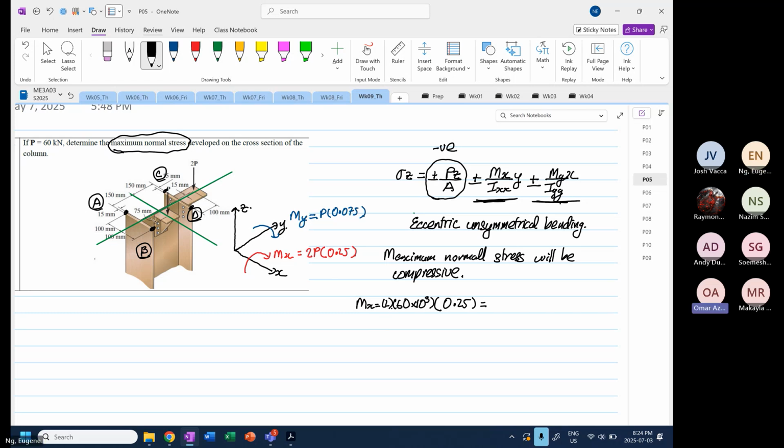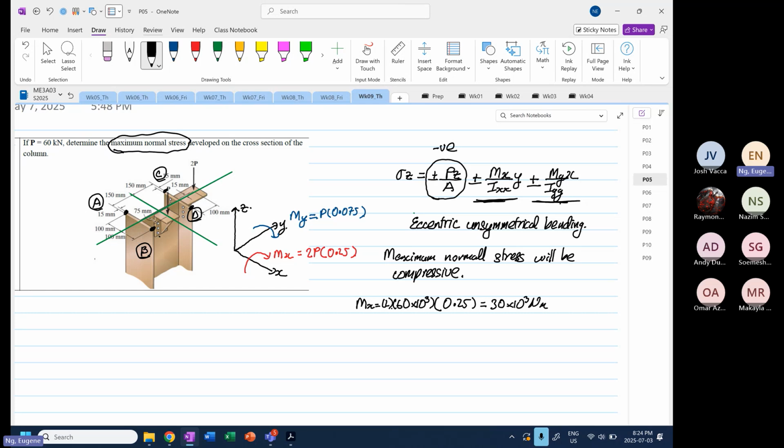Wouldn't the Y value be larger there? You mean the structure refers to the entire I-beam, excluding the right side. Okay, got it. So 60 times 10 to the power 3 times 2 times 0.25 is equal to 30 times 10 to the power 3